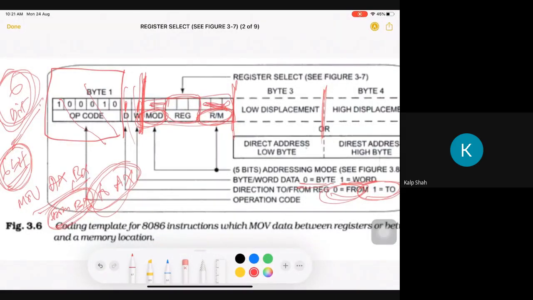This is your addressing mode, and here you need to write down the 3 bits of the register under consideration. If the instruction is such that you need more bits, then you can use low displacement and high displacement here. That we'll see later. Clear? Just keep this in mind very clearly, right?